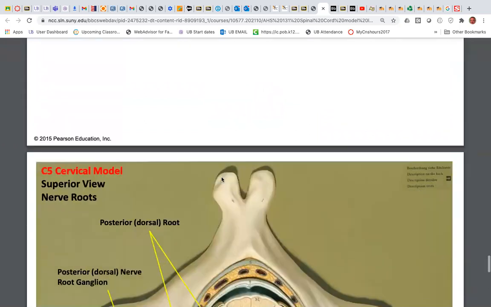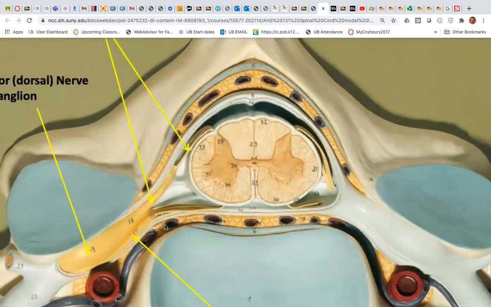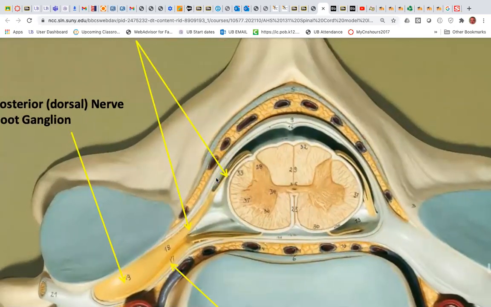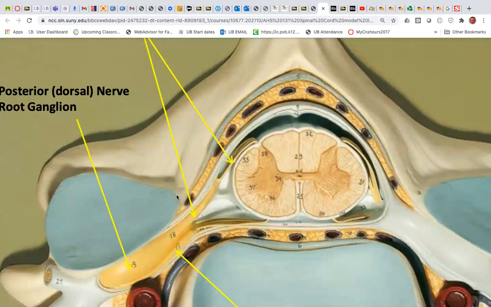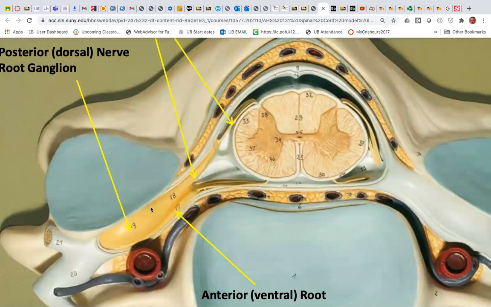Anatomy of a spinal nerve. So what you heard me say before was that there's information that comes in to the dorsal horn, and then there's information that exits the anterior horn. So what information do we have, and what are the names of these nerves? So one of the other things that I want you to look at is when you look here at this spinal portion of the spinal nerve,